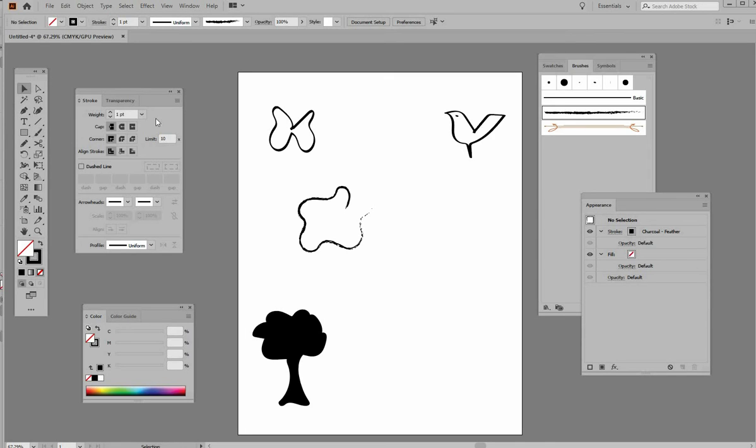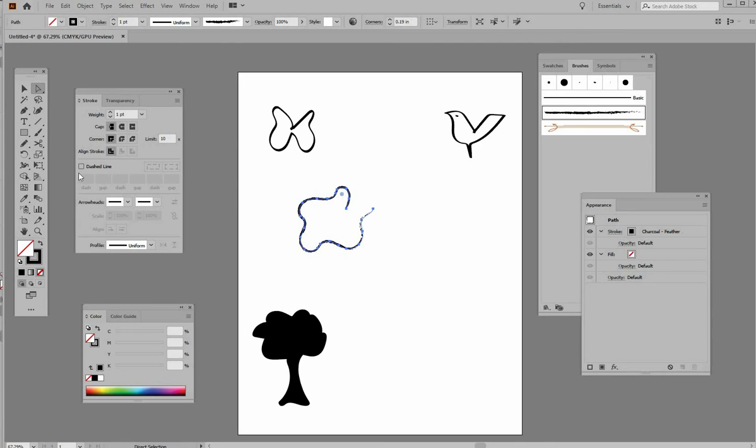logo. Okay, now there are some panels that affect the characteristics of your stroke as you draw for this. And obviously it's laying down anchor points. You can see them right here. There's quite a few of them. The more curves and the more you change direction with your mouse, the more anchor points it's going to lay